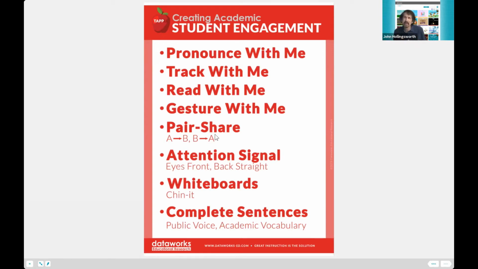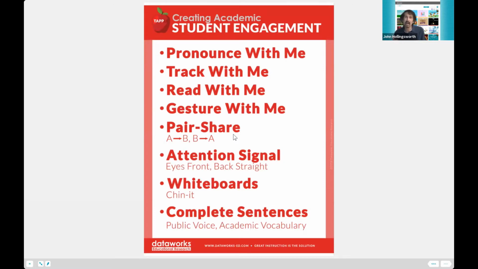Pair shares, we can't do pair shares because we have to be in the classroom, but you're going to have to provide wait time. The minimum wait time for ELs is 8 to 10 seconds. And we're going to give them a sentence frame. And I'm actually thinking now, students, I want you to practice your answer. You can just say it out loud to yourself mentally, but even say it out loud so you're ready. So pair shares, you could modify, ask the students to say the information.